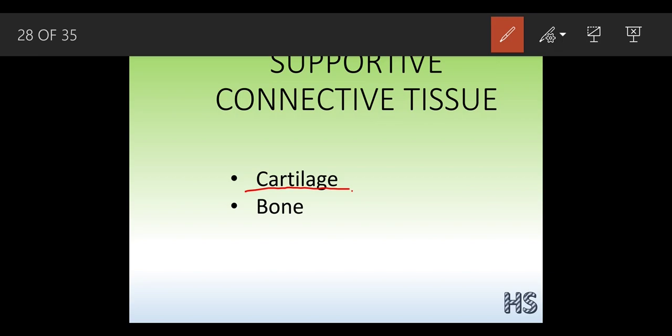Where is it found? Cartilage is found in the tip of the nose and in the external ear. In childhood we have seen this many a time. Whenever we used to do mischief, the school teachers or our parents used to hold our ear and twist it. So how is it possible to twist this part of the organ? Because they are all made of cartilage. We can hold it, and it is present on the tip of the nose. You can move your nose left or right.